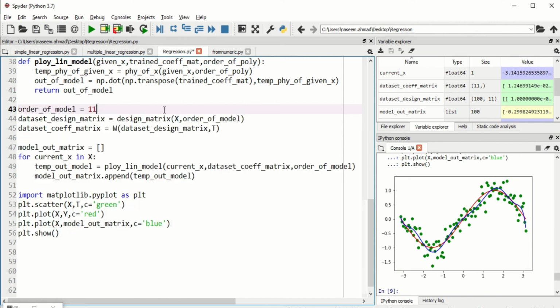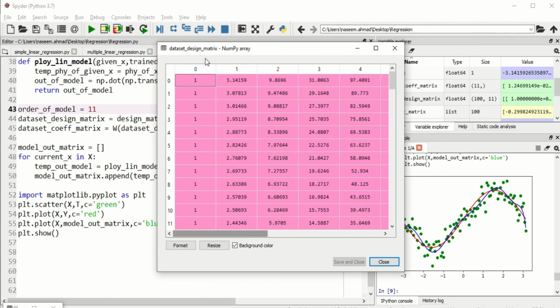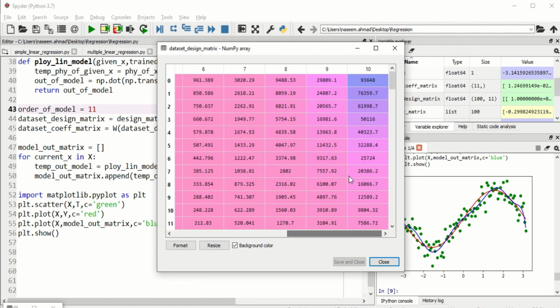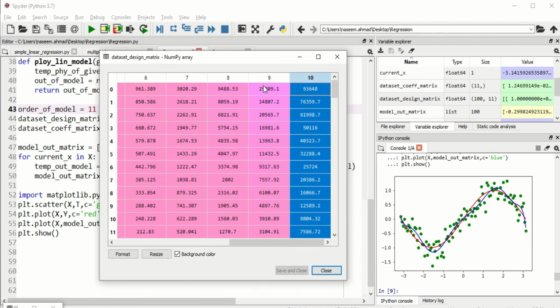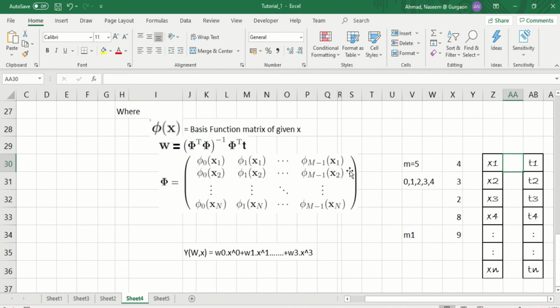If I go back again to the design matrix, the number of columns is 11, from 0 to 10, because the number of columns of the design matrix depends on the order of the model. And this is exactly what we are doing.